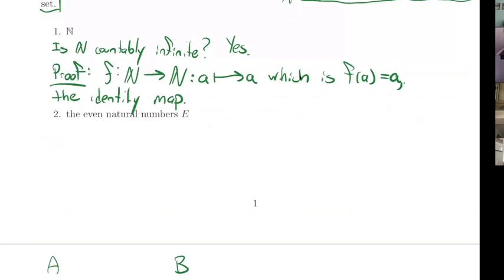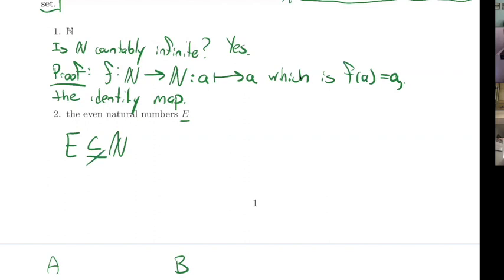So next, we want to think about the even numbers. And here's the counterintuitive thing about infinities, which is that the even natural numbers, which is what E is representing, is a proper subset of the natural numbers.